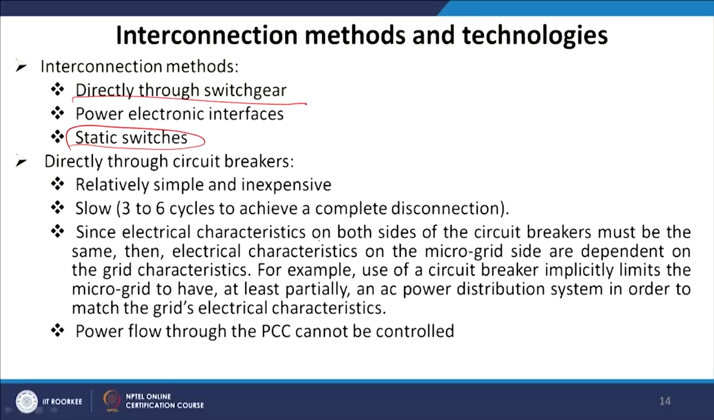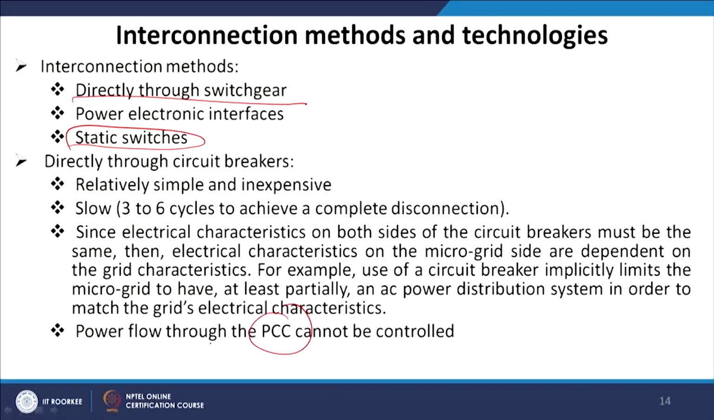Since the electrical characteristics on both sides of the circuit breaker must be the same, the electrical characteristics on the microgrid side are dependent on the grid side characteristics. Let us put an example, then you will understand better. For example, using a circuit breaker implicitly limits the microgrid to be at least partially a power distribution system, in order to match the grid characteristics. Otherwise, impedance matching is a very big issue. So, those aspects have to be considered,